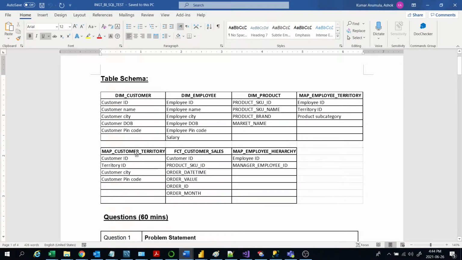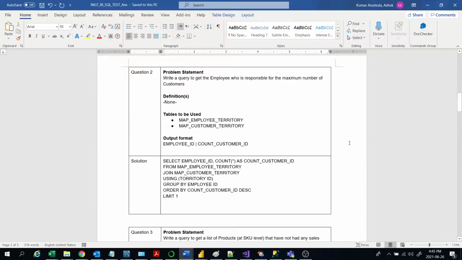This is the customer territory, and this is the employee territory. So these 2 tables we have to match, and then take the one who has the maximum number of customers.